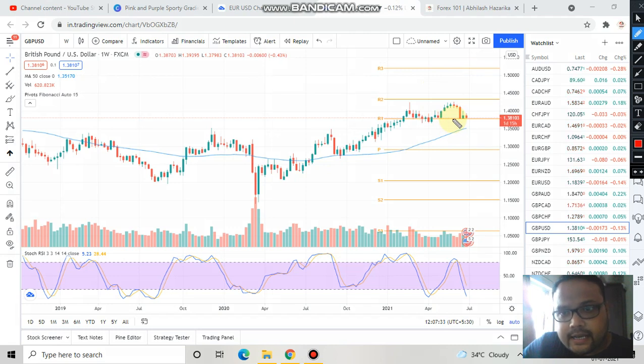Though buyers are standing at this price level and trying to hold this particular support level, sellers are still dominating the market. As a result, though buyers are trying to take the price upward, they are unable to do so. So still sellers are dominating the market right now, because